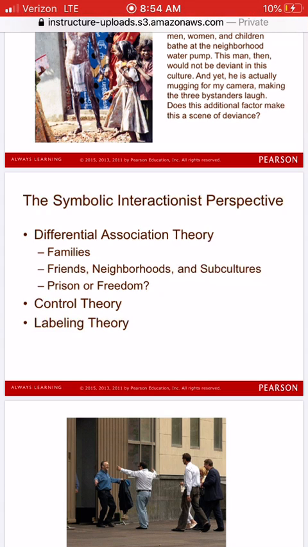The key to differential association here is the learning of ideas and attitudes that follow when somebody breaks the law, or if somebody's teaching certain members to violate those norms. So think about families that maybe are involved in crime. They might set their children up on a law-breaking path. Some friends, maybe some neighborhoods, tend to encourage certain types of deviant behaviors when we think about it. Even subcultures at times can contain particular attitudes about deviance and conformity that are learned by other members that are